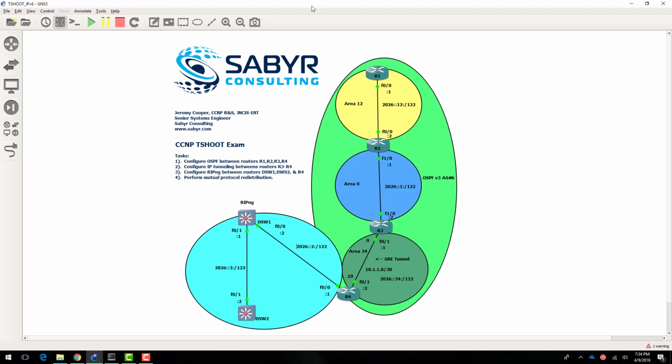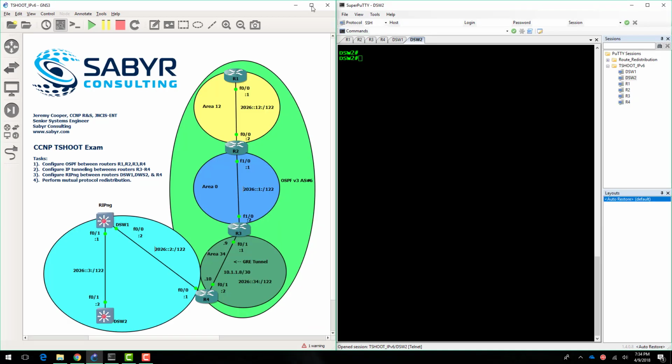So we're going to move the GNS3 topology over to the left-hand side, and we are now in SuperPuTTY, and I have created reverse telnet sessions into each one of these routers. We have pre-staged the IPv6 addresses between each interface. And up here in the commands, we're going to do a show ipv6 interface brief,